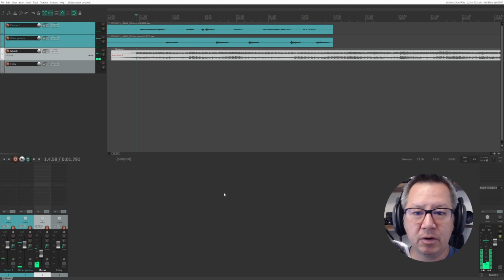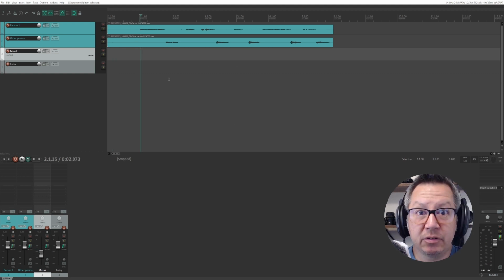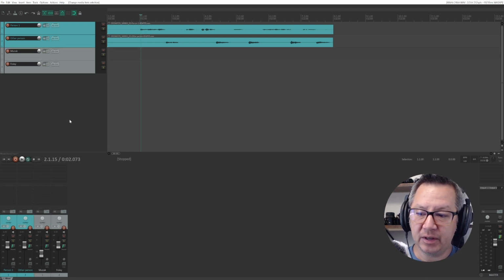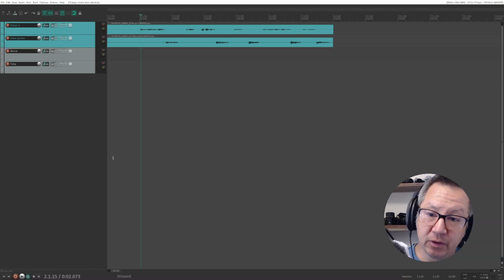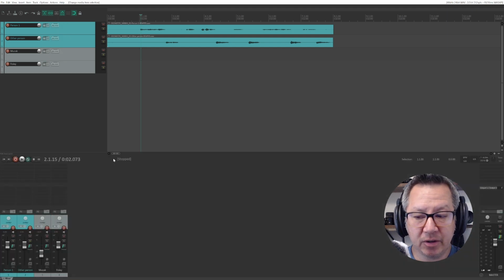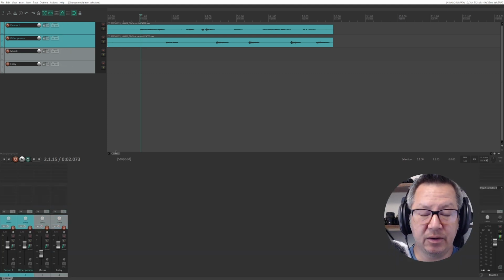Okay, so that's actually a way to do it. What if you had hundreds or thousands of files and you wanted to hear them so you could tell what was going on? Do you remember Control M when you get rid of the mixer from earlier? Well, there's another machine. It's a file explorer. If you press Control Alt X, now Control Alt X, that's a little bit weird, but let's see if there's a, let's see,